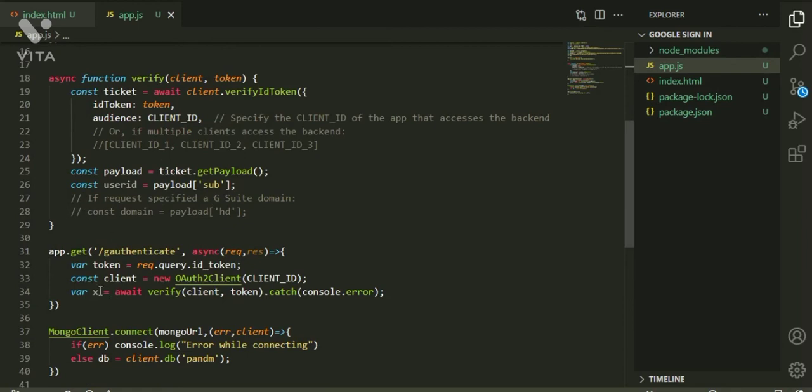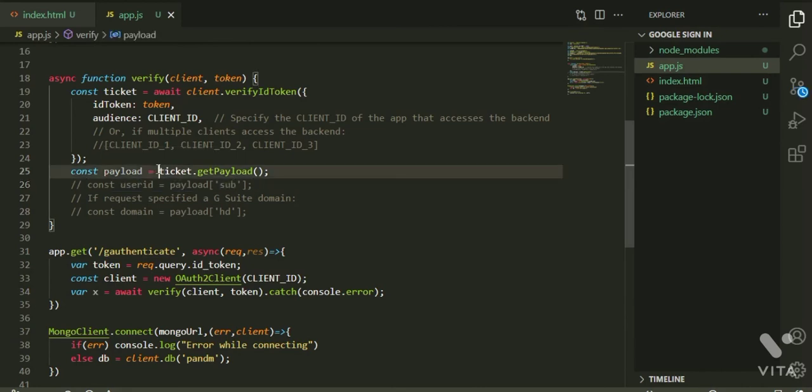We can see here we are assigning this function call to x, but we are not returning anything in x. So let us return, yes, let me comment this, and let us return ticket.getPayload of that.